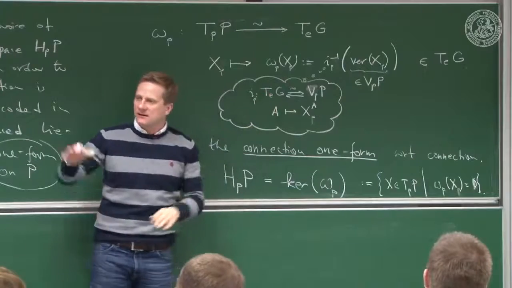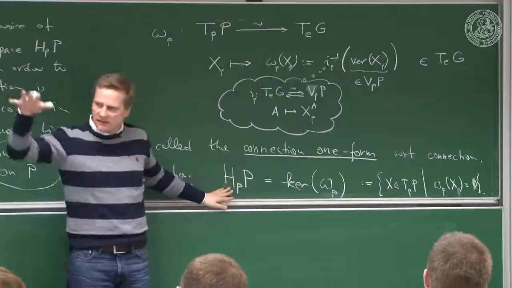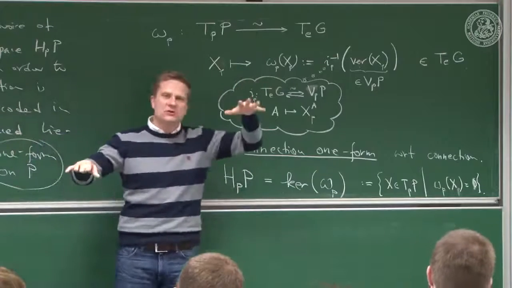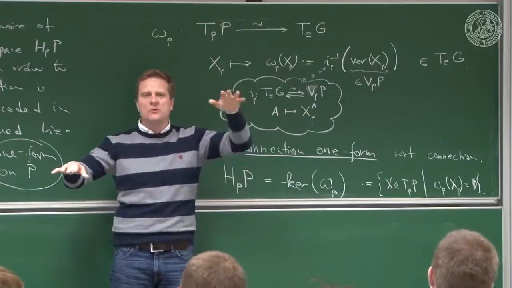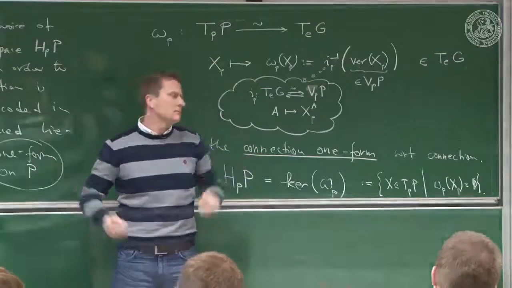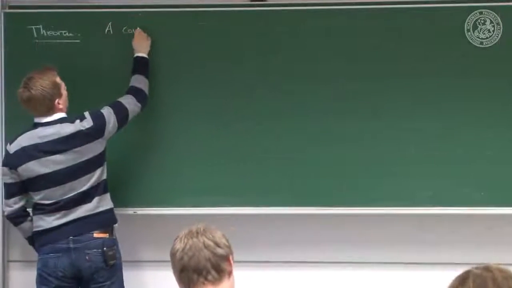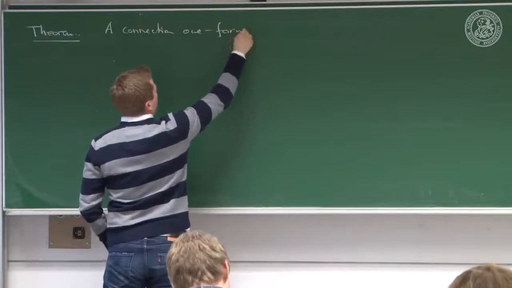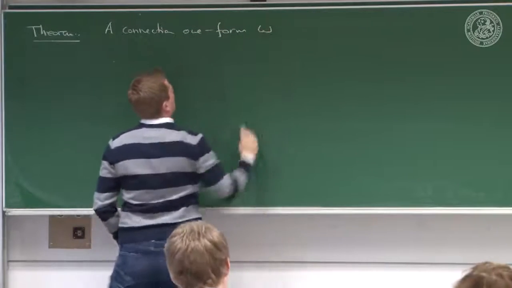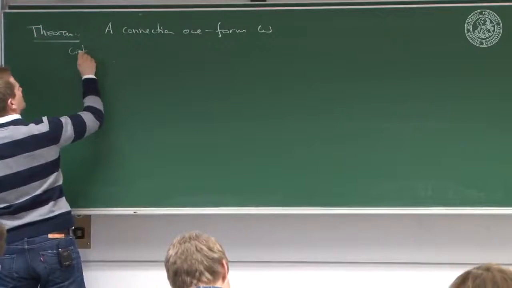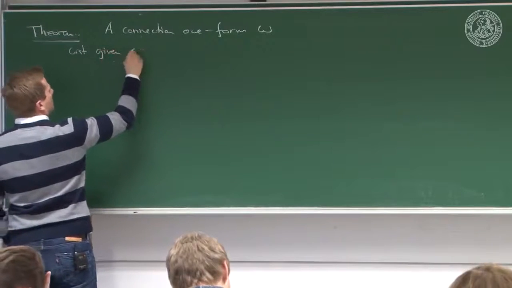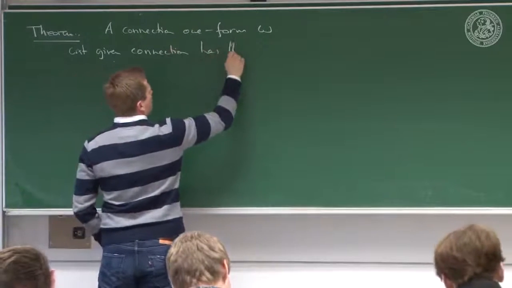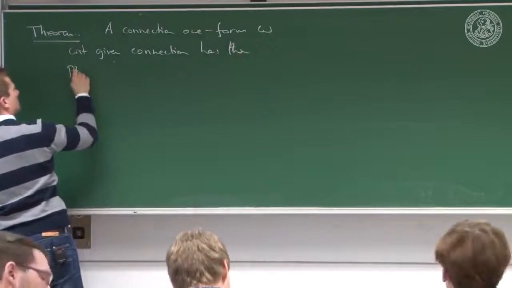So that we can think, at the end, alternatively of a choice of horizontal subspaces with certain properties, or of a choice of one form on the principal bundle with certain properties. Okay. A connection one form omega with respect to a given connection